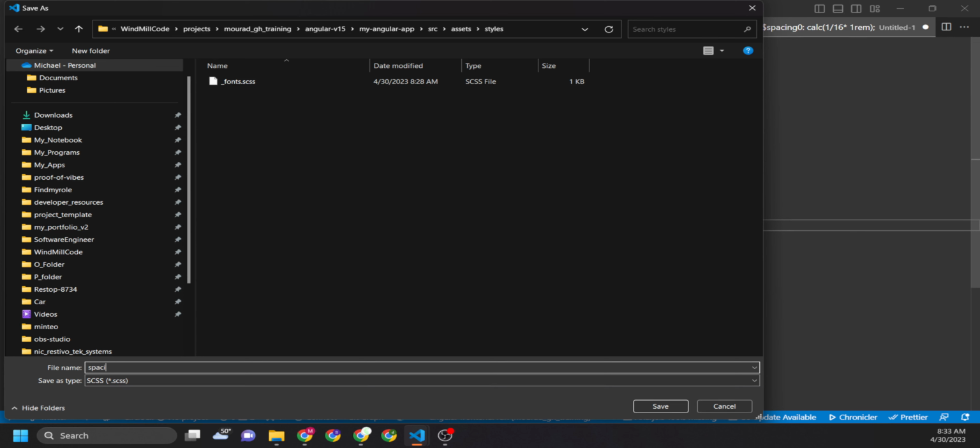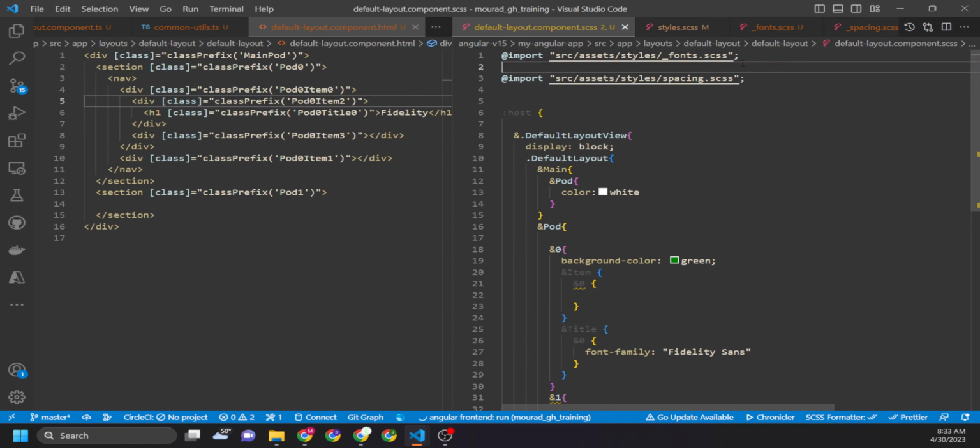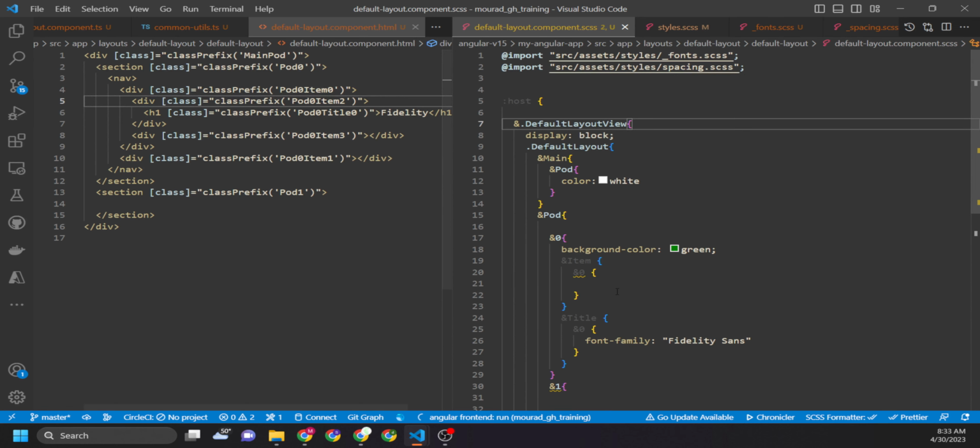And now I'm going to go ahead and grab that like so. So I have access to these variables. So now I want to give this some sort of spacing, and the spacing property is going to